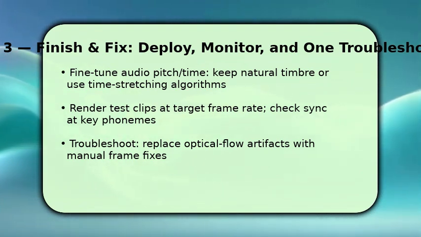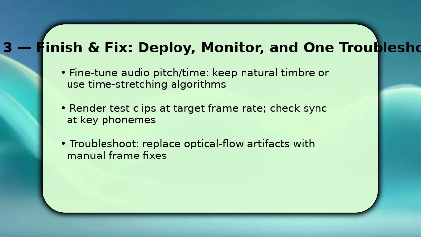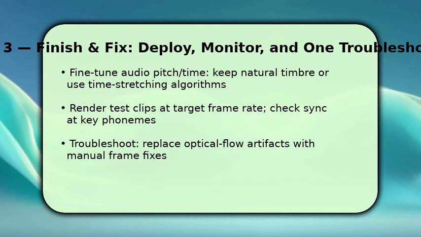If you see warping from interpolation, fix it by replacing problem ranges with manually held frames or cleaned-up duplicates. One key troubleshooting tip: when optical flow